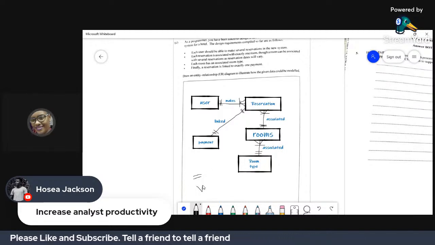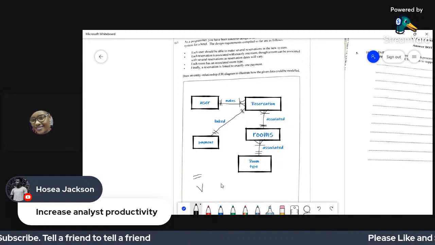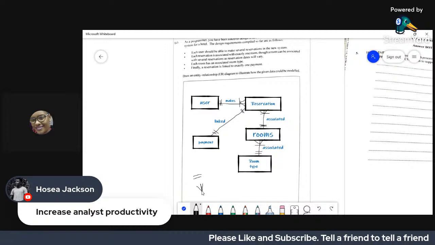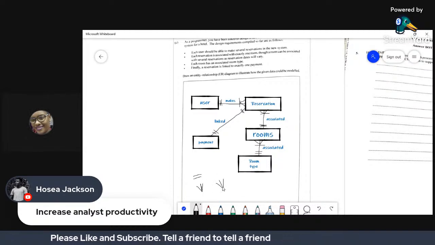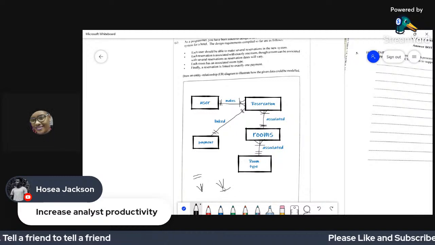You have the crow's feet, which means many. So it would look something like that. And then the crow's feet with the line means one or more.